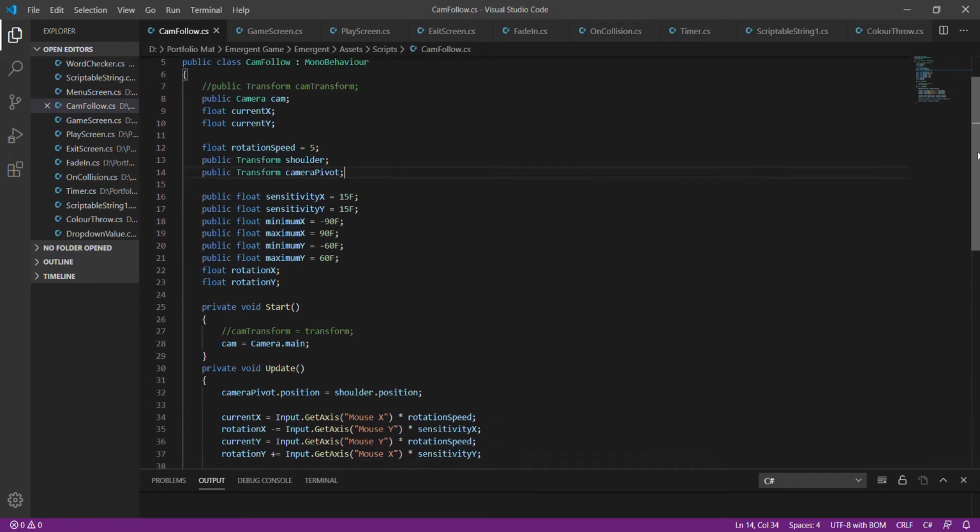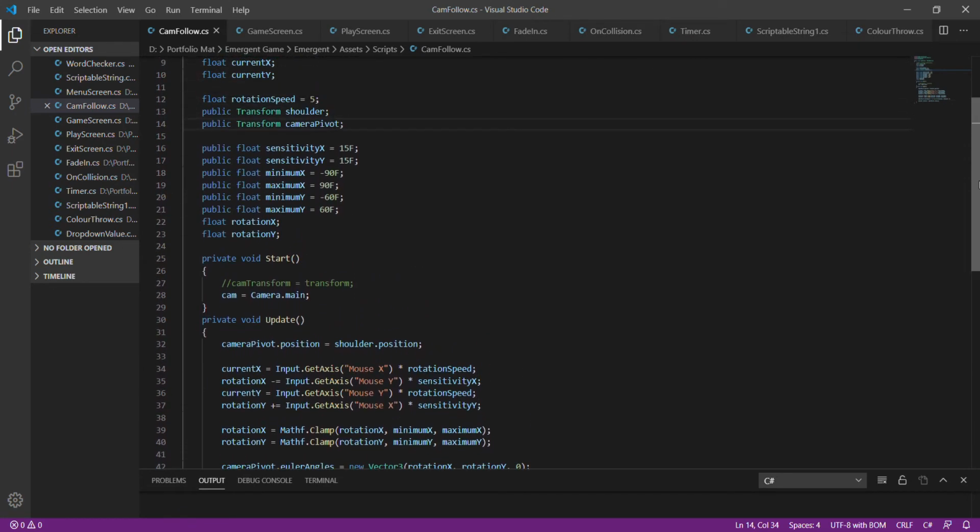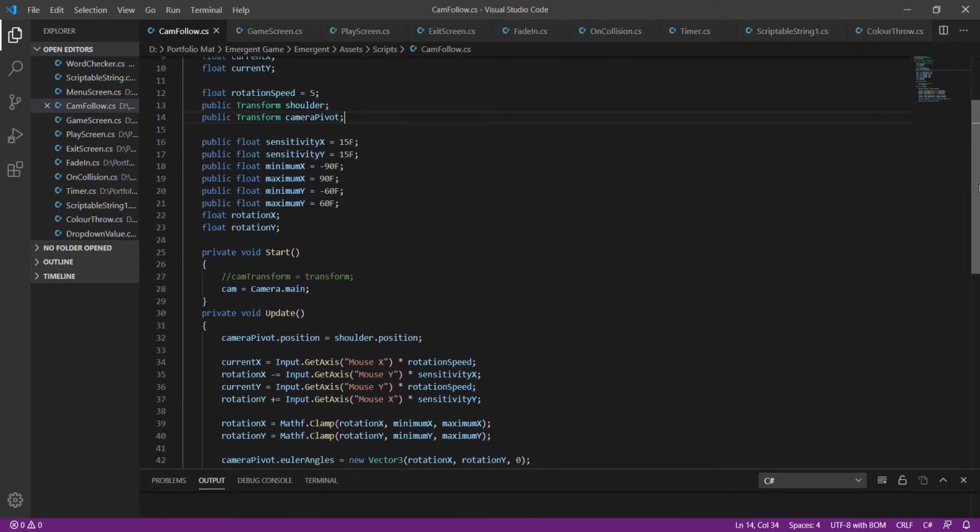And basically, what happens is you have a current X float and a current Y float, and the same goes for rotation X, rotation Y. And I just say that the mouse X and mouse Y inputs should be assigned to their respective ones. For example, the mouse X, which goes on current X, should be multiplied by the rotation speed,